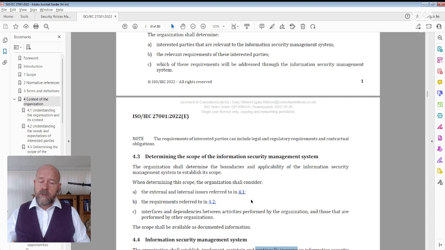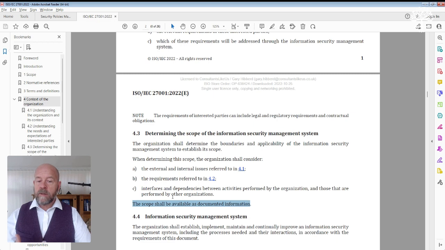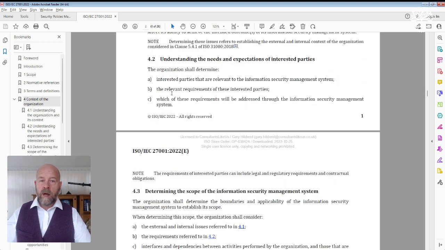And it needs to make sure that it does interface between activities performed by you as an organization and the other organizations that you might interact with as well. And very importantly here, as you can see, it states that the scope shall be available as documented information. So again, important to identify where you're going to put this information. And I would argue that you're going to have to document this, because how else are you going to be able to demonstrate that you've identified the relevant requirements and how you are addressing those particular requirements through